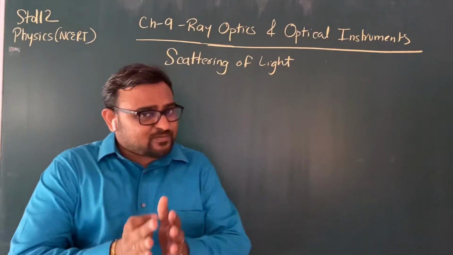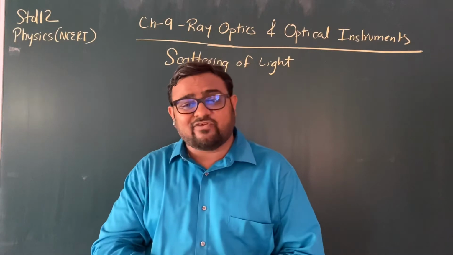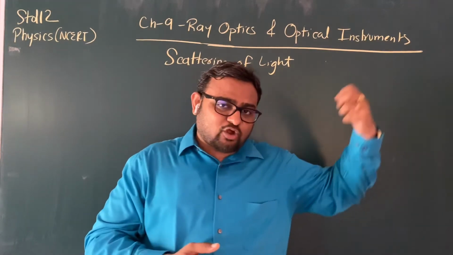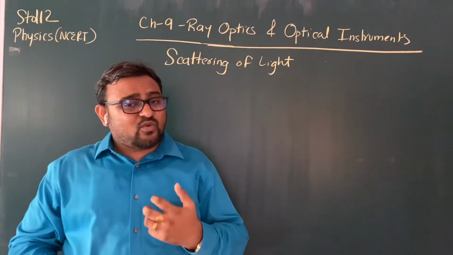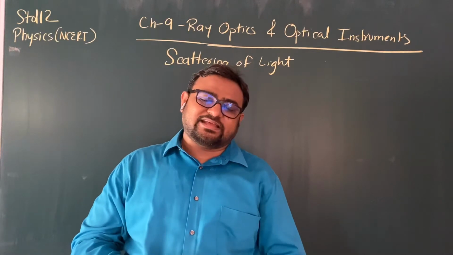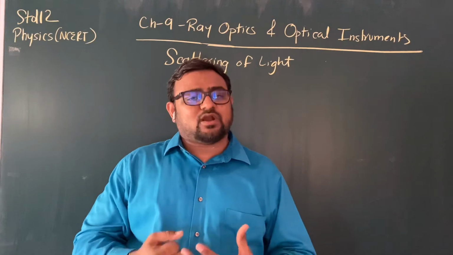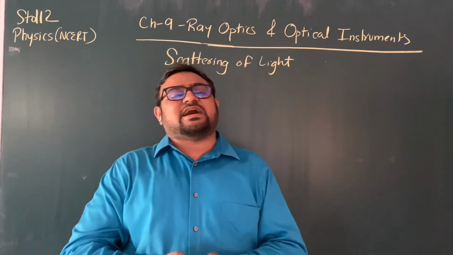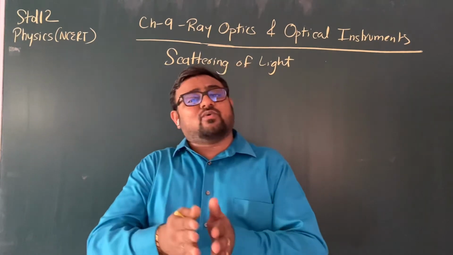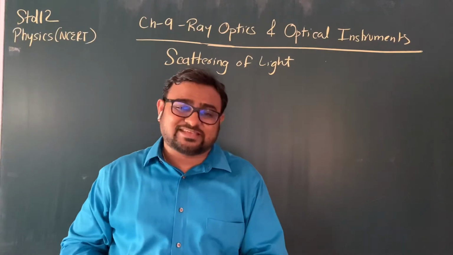Okay? Now see, visible light consists of seven different colors. Now when the ray of light or the sunlight comes from the sun to the earth and enters the atmosphere, this light is incident on the atmospheric particles. So what will happen? The light will start scattering, right? Now, different color light will have different amount of scattering.